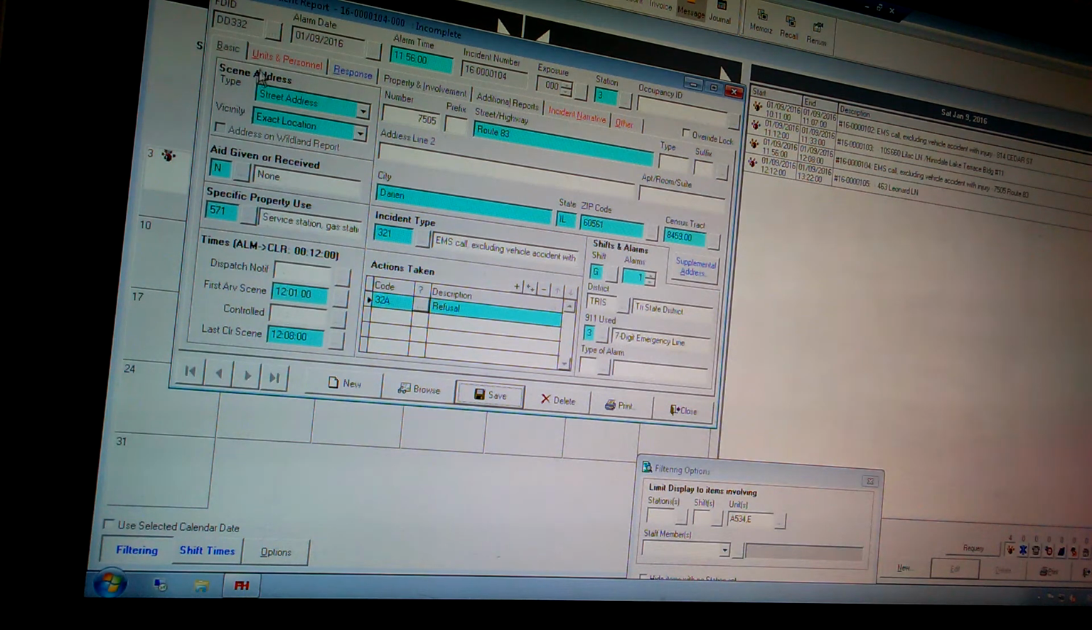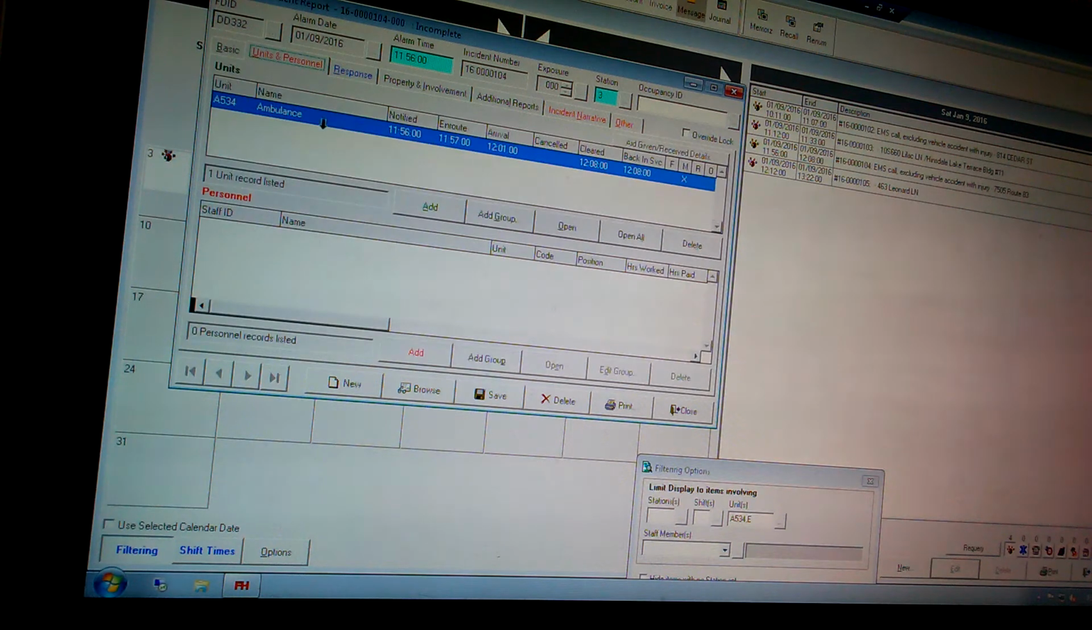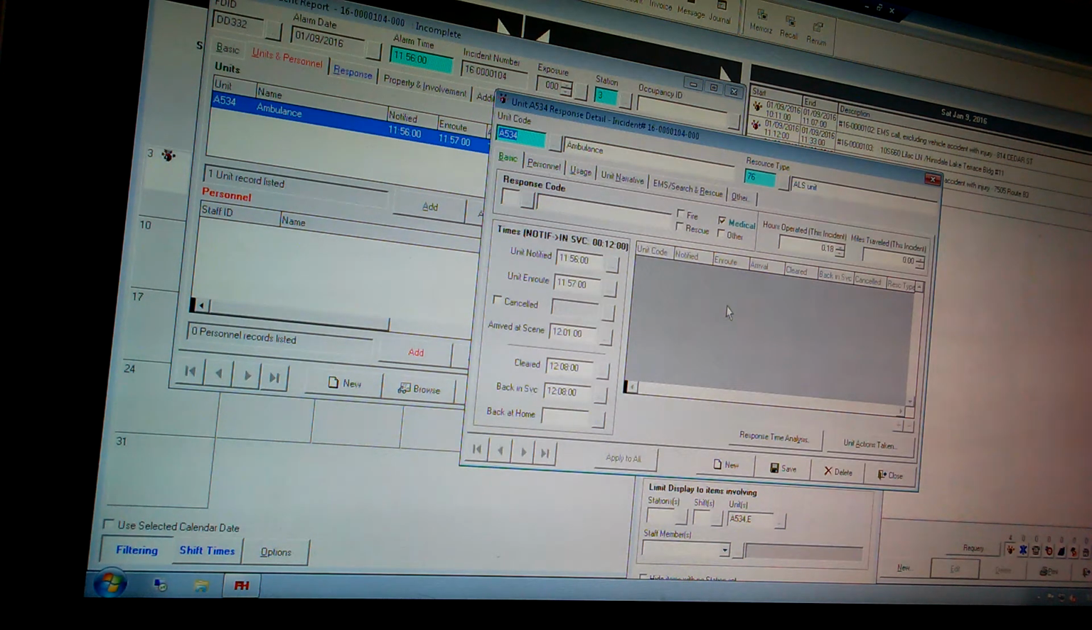You notice these things here with the red. Right here, the units responding. Now they put in dispatch, put in the ambulance, but you need to put in who was on the ambulance. So if you double click on the ambulance here,